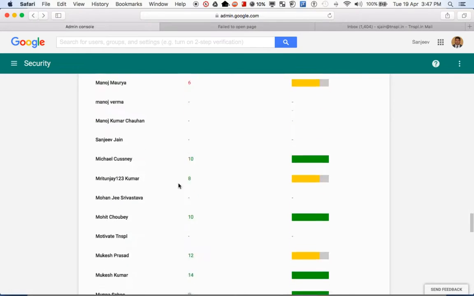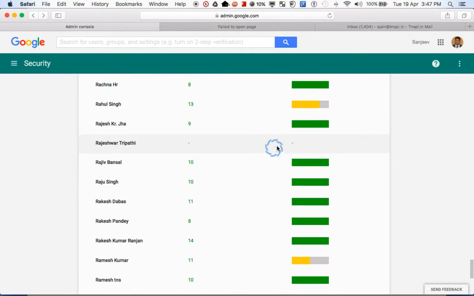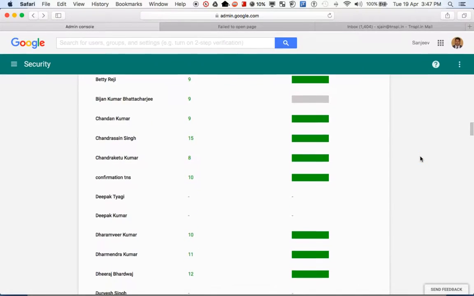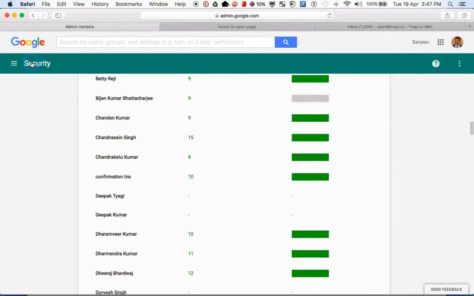This can be helpful for you to see. The ones where you do not see anything, these are the accounts that have been suspended.